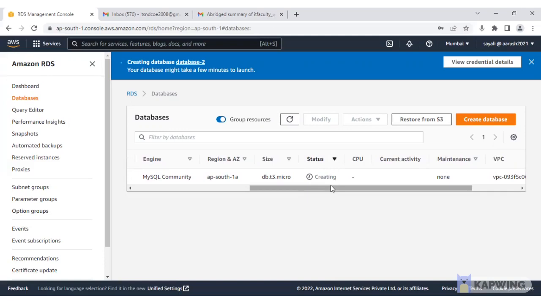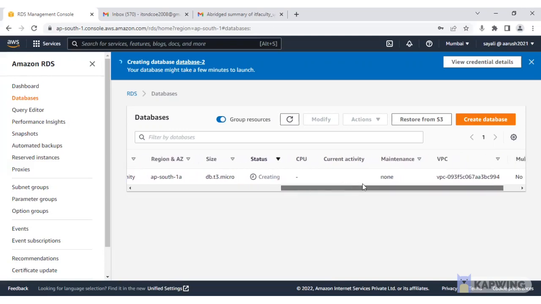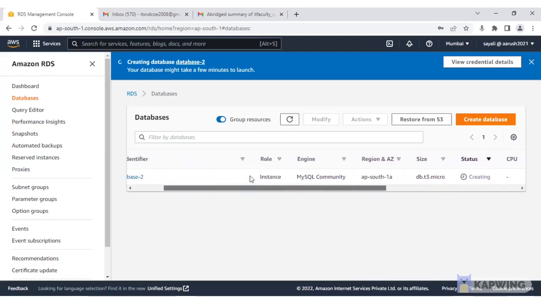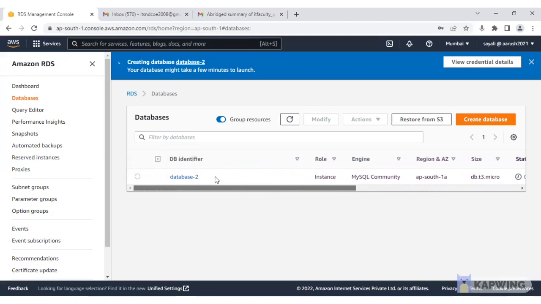Okay, the database is not created yet, it is in the creating state, so it will take a few minutes. Then CPU, current activity, maintenance, then the VPC we have selected, and we have selected no for multi availability zone. So now the database is creating. Now we have to go for